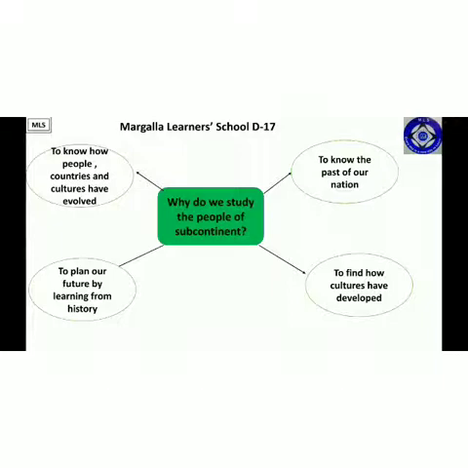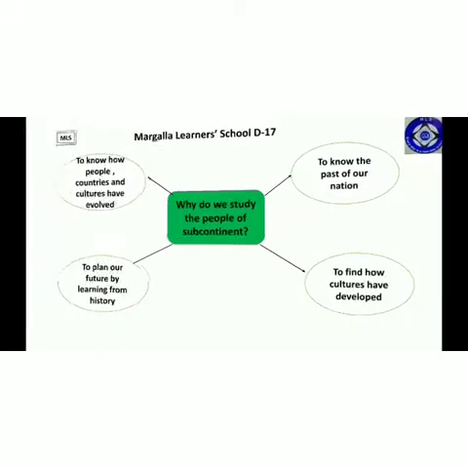So by learning about our history, we would come to know about the pros and cons of our ancestors. What did they do good and what did they do wrong. So we would know about the rrights and wrongs of our ancestors, and accordingly we would follow their rights, and we would stop ourselves from repeating those wrongs. So I hope that it is clear. So the answer to this question would be,